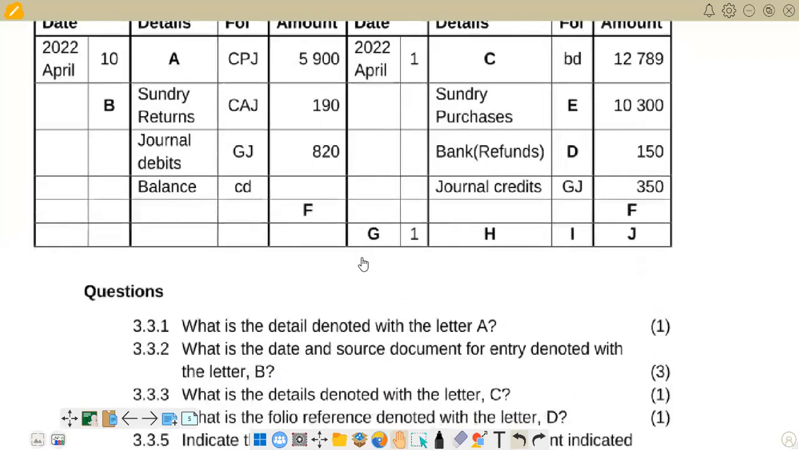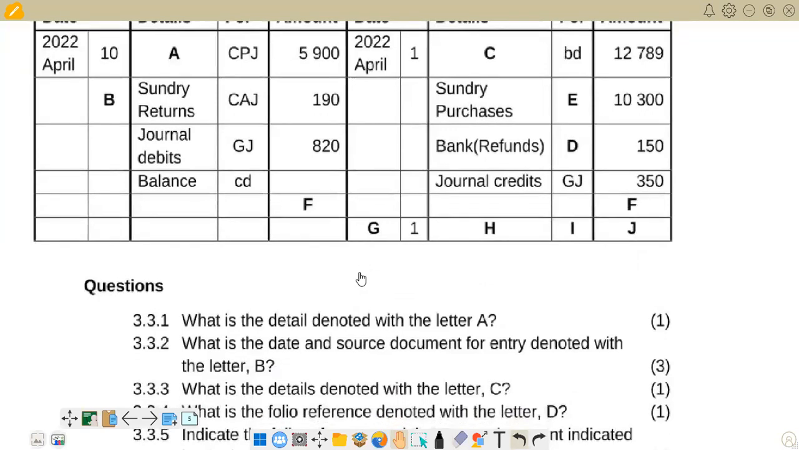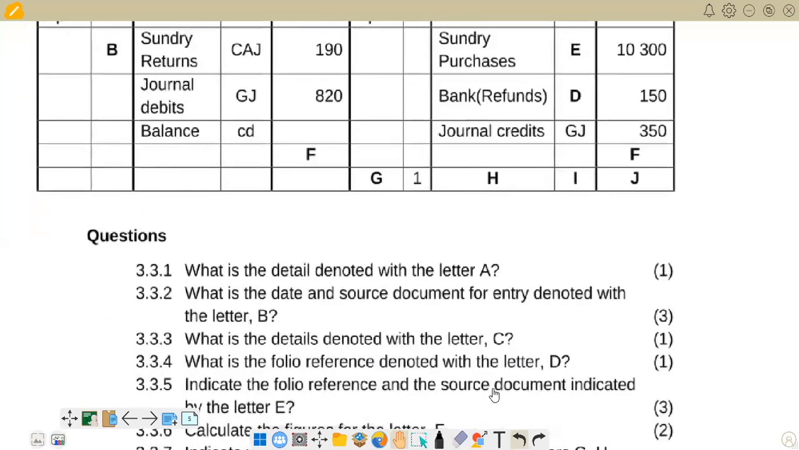So we are saying G is our cash receipts journal, and then our G there is representing our cash receipts journal. Then